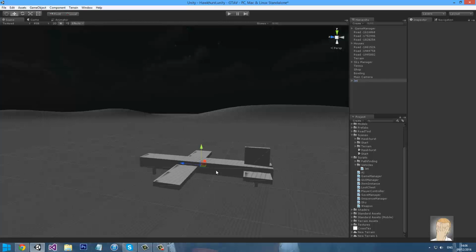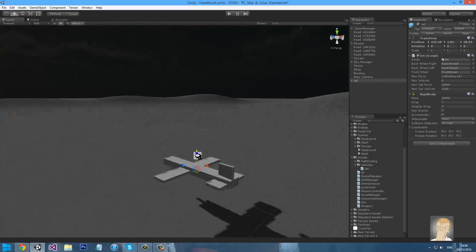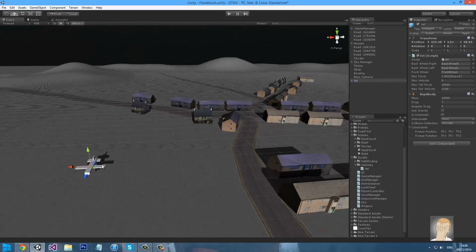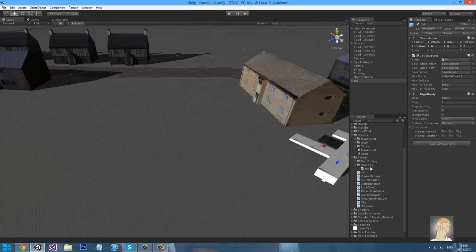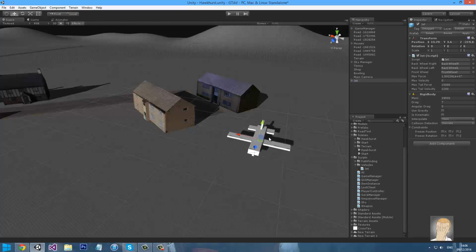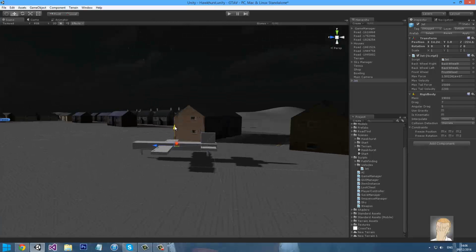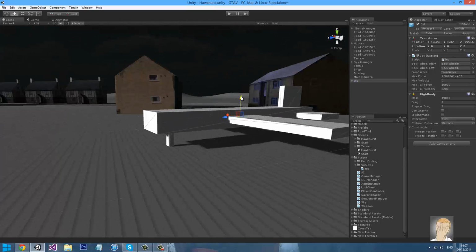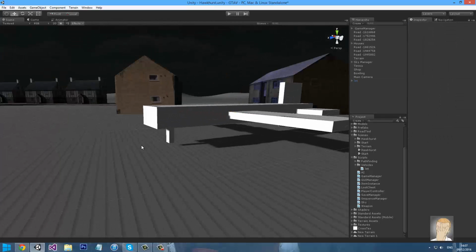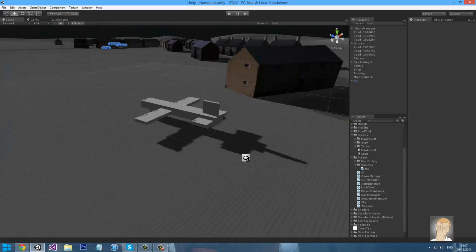But yeah, I'm just going to quickly plop this jet on the floor, somewhere closer to the spawn point, over here, so I don't have to walk for miles. So there. Okay, so now we need to